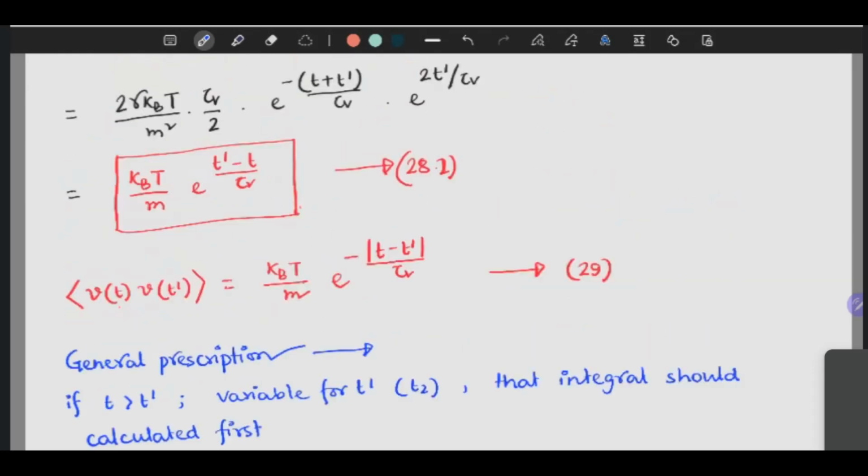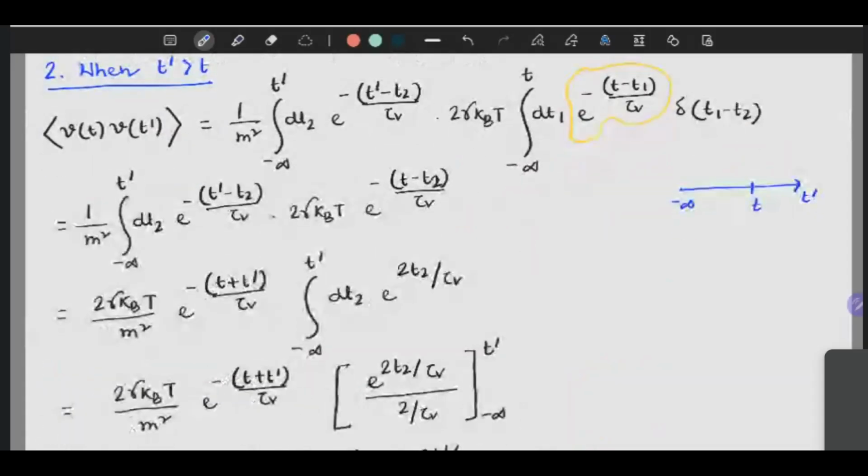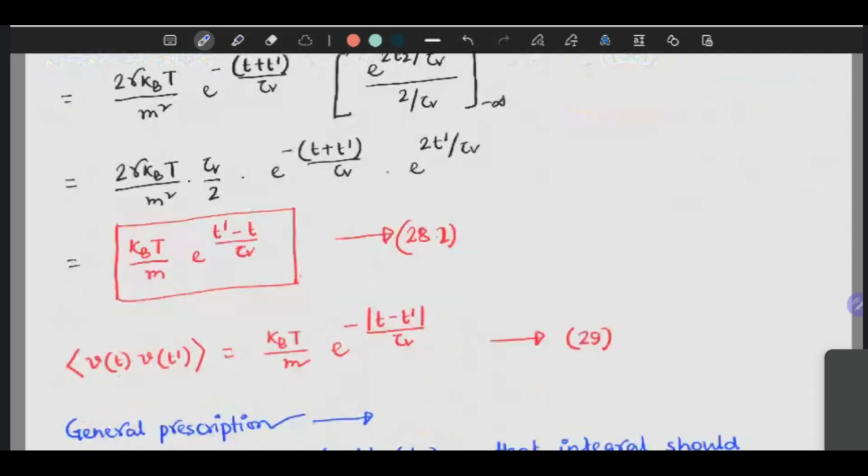Because if you want to do the integration of the delta function, this variable t prime needs to be in between, right? So calculate it first,